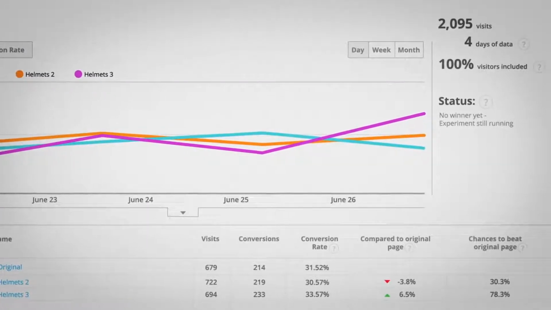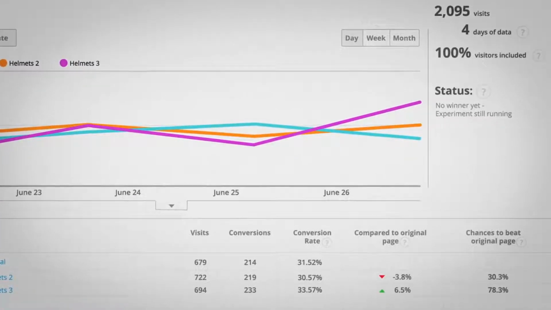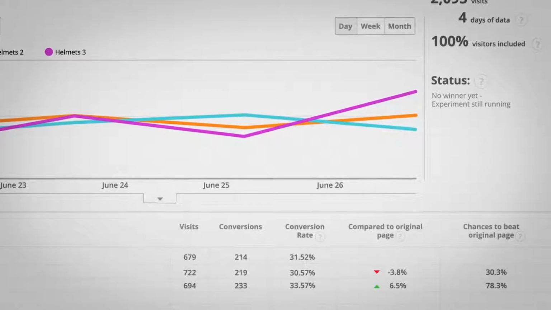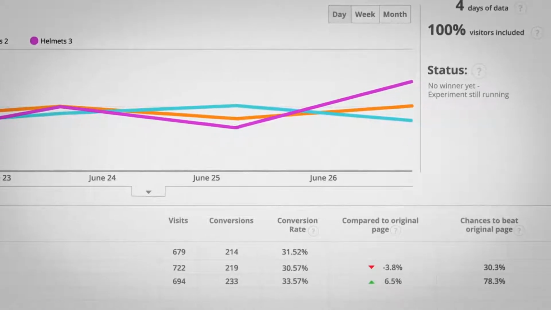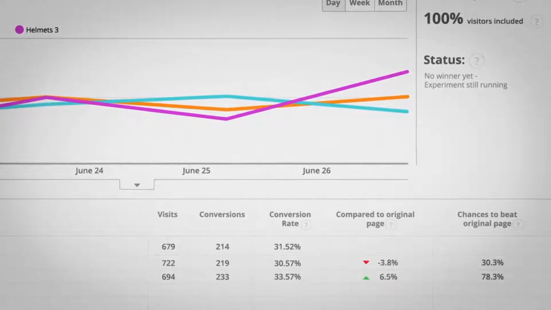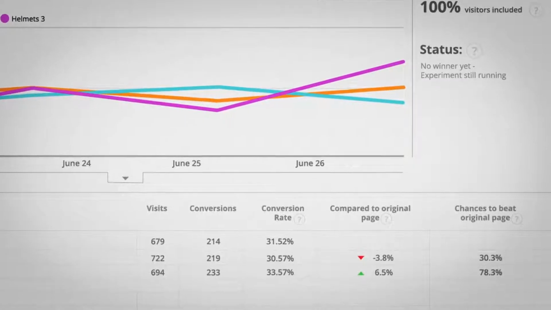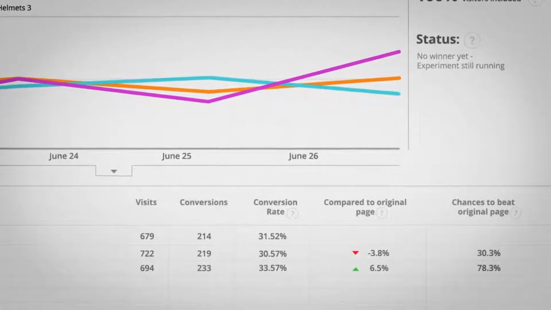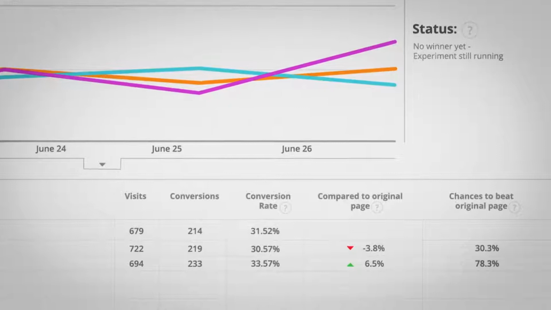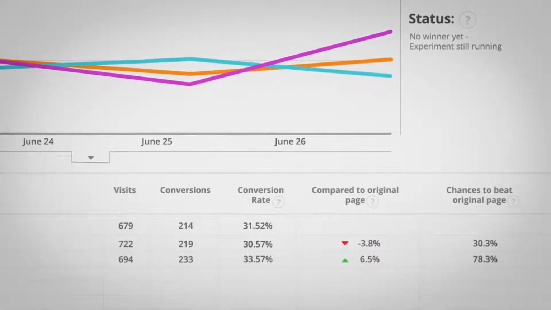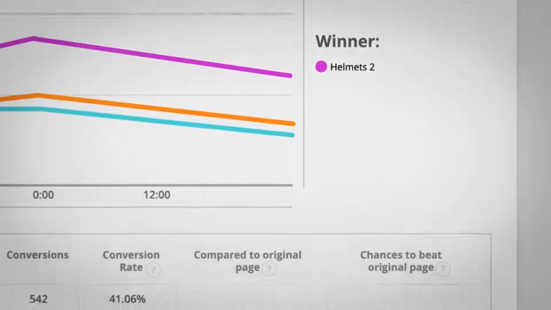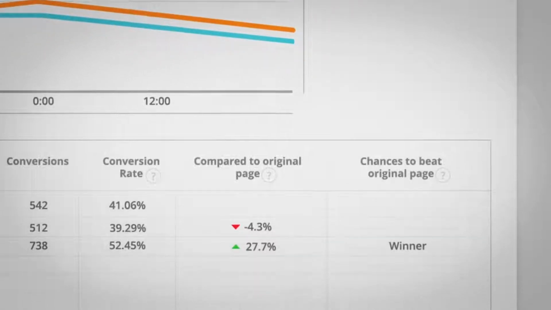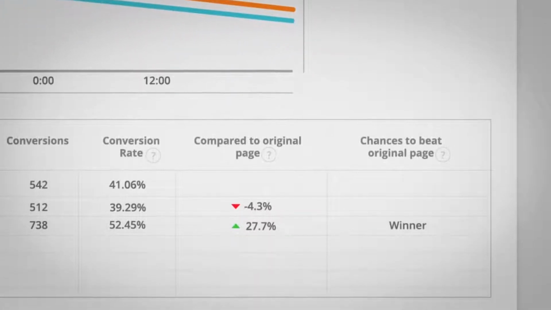You can examine the results while the experiment is in progress. The report for each experiment lets you see the number of conversions and the conversion rate for your original page and each variation, and you can see the likelihood of each variation to outperform the original. The experiment ends once a winning variation is found, or once it's determined that none of the variations outperform the